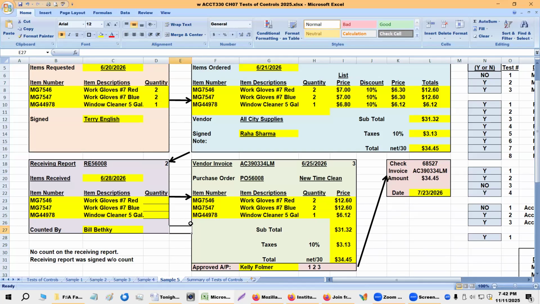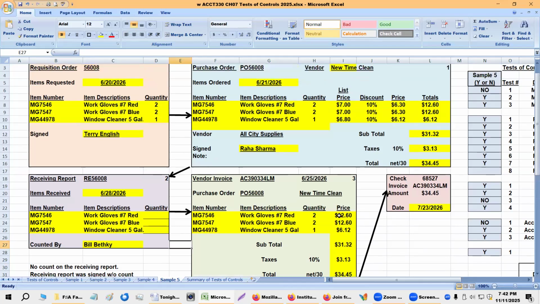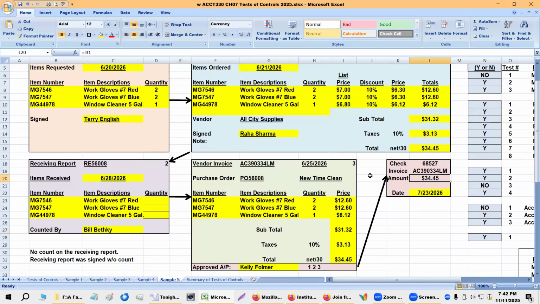It was approved for payment, but the receiving report was blank. It wasn't just that, the price was over it. There's nothing on the receiving report, but it actually got paid. It got paid without it, so I think you can safely say there's a problem with invoices getting paid,